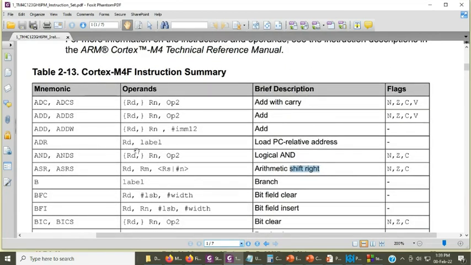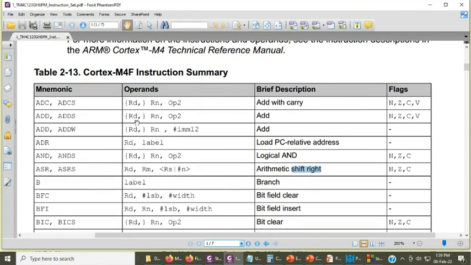Okay, here. Most of the time you will see that most of the ARM Cortex M4 instructions have 3 operands. Otherwise, you can use even 2 operands, but most of the time there are 3 operands. The operation will be performed on the rightmost 2 operands, and the result will be stored in the leftmost operand.